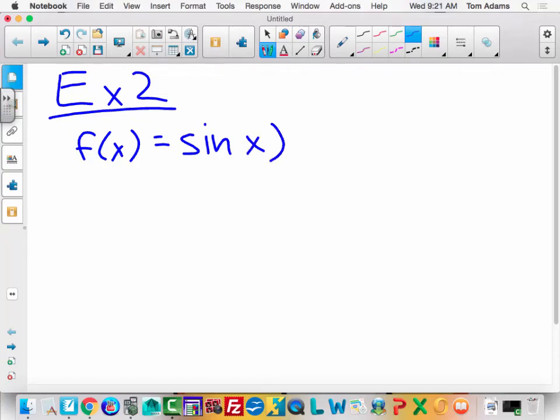x, and then that whole thing is squared. And sometimes we write it like this. In fact, most of the times we write it like this. The reason we put the 2 in front of the x to represent the function sine of x times sine